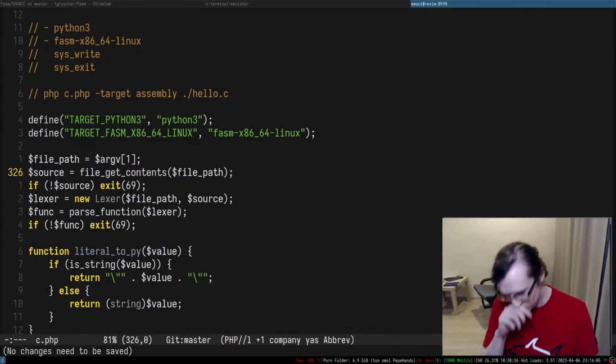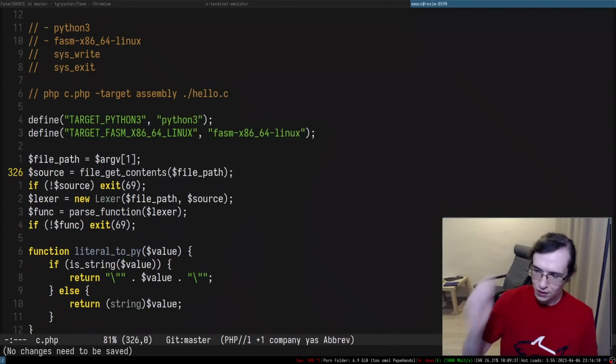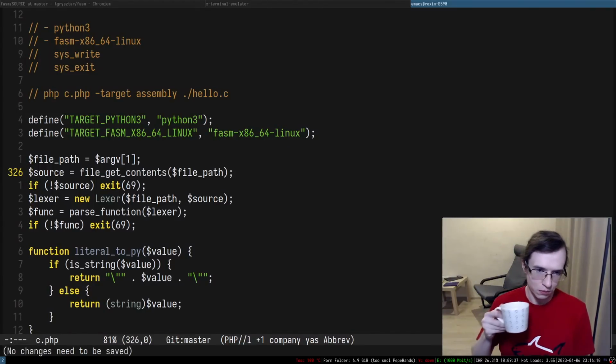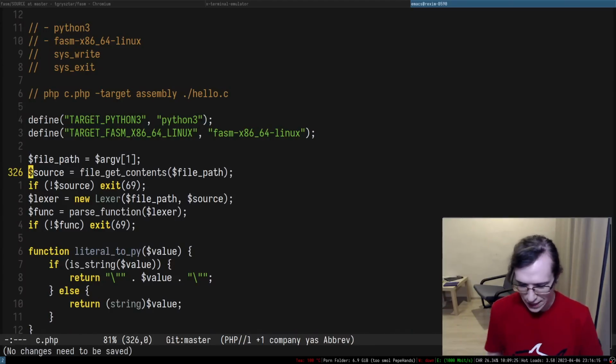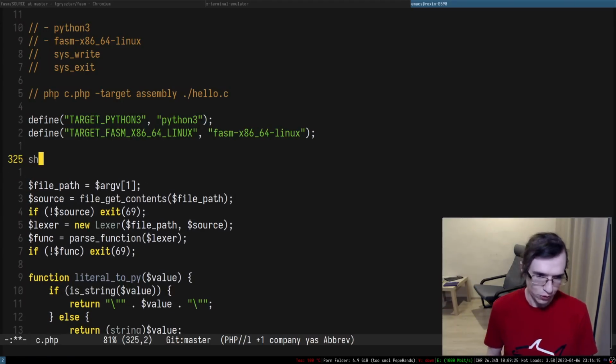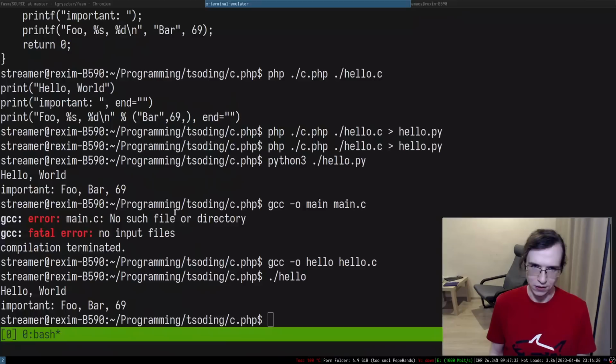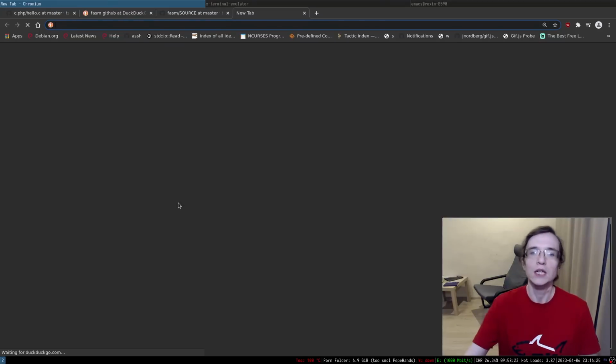Right, so essentially what I want to do now is parse the command line arguments. As far as I know, in Perl and Bash, there is an operator called shift. Is there something like shift in PHP? Let's actually find out. Let's Google it up.